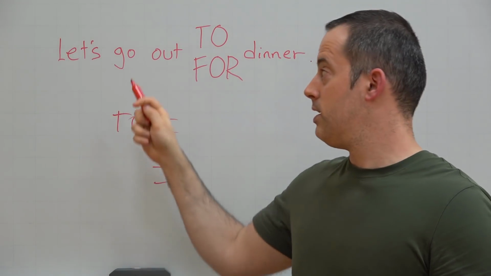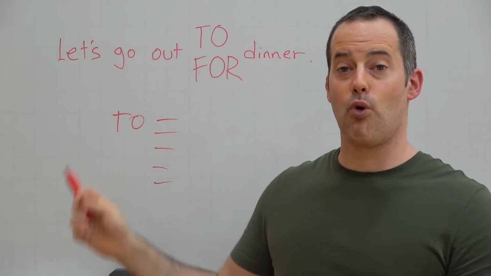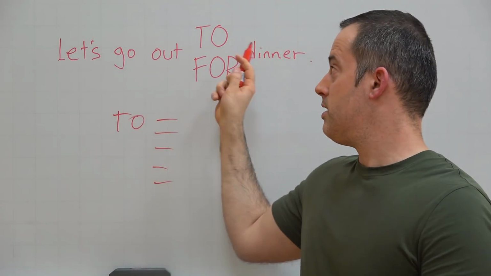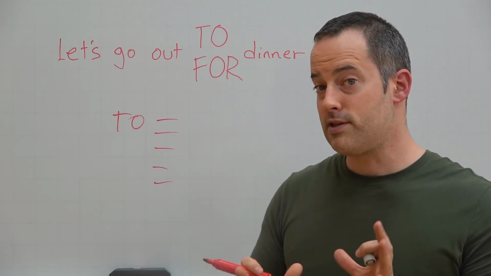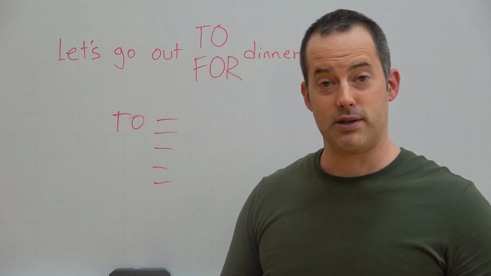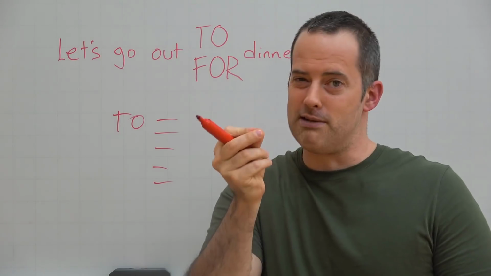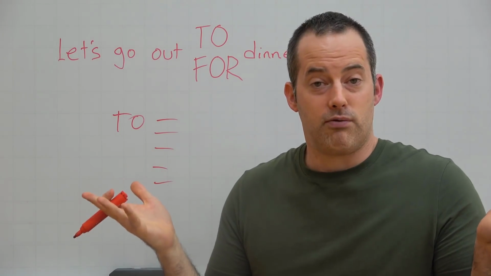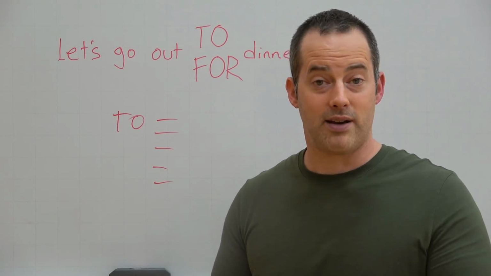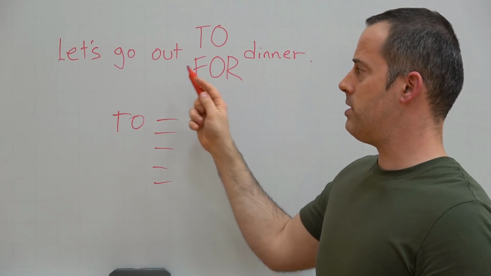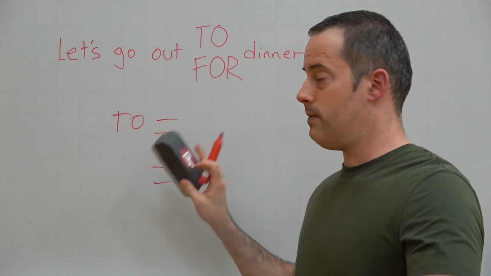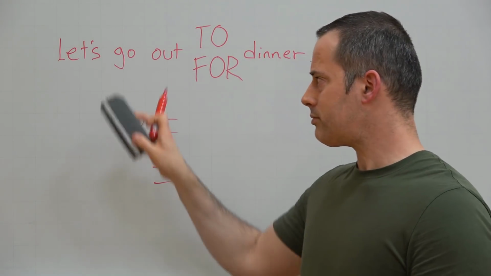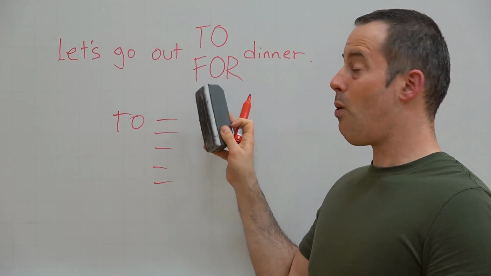All right, the other thing I will say before we talk about this is that if you ask a native, "let's go out to dinner" or "let's go out for dinner," I would probably get maybe 50-50. Some would say "to" and some would say "for." That's because in this case, there's really no difference between the two. The difference is so slight that most natives would not be able to tell you why they said one or the other. They've just gotten into the habit of using one, and honestly, it doesn't really matter. But for this example, I want you to focus on this because it's a common expression you will hear natives use, and you should use it as well. Let's go out to or for dinner.